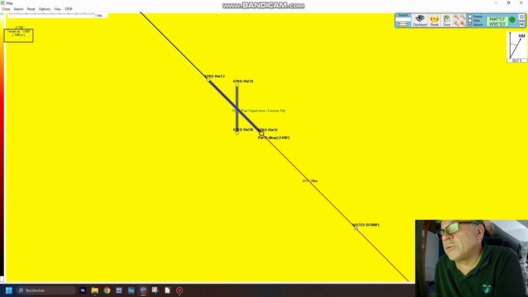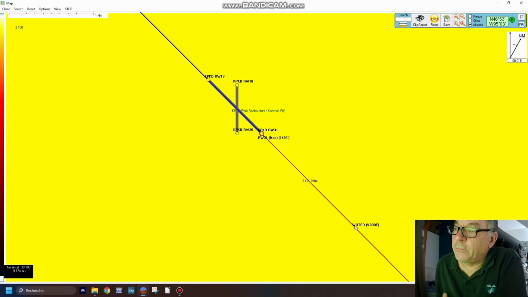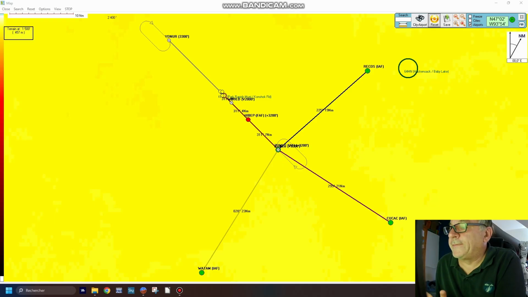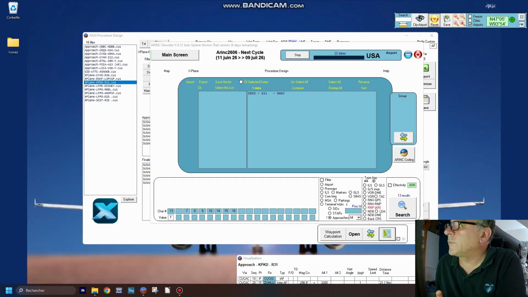The missed approach is here, and the MAPt, missed approach point, is the runway threshold, and after that the blue line is the missed approach trajectory. Okay, so this is the lateral coding,